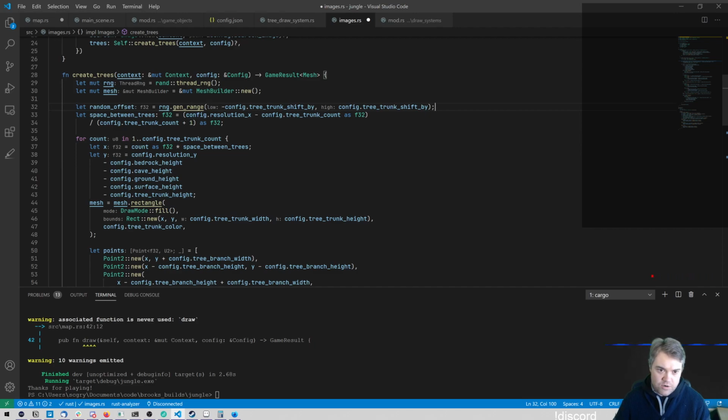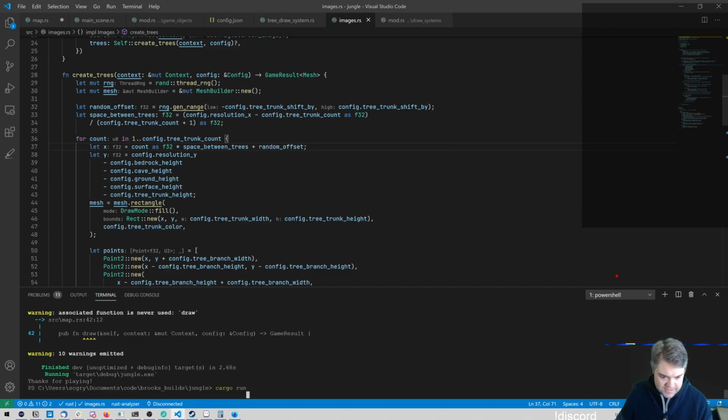And then, okay, so our X position, so space between trees. Do I want it to be random for each one, or is it just a really subtle shift where I then add plus random offset? So if we do that there,